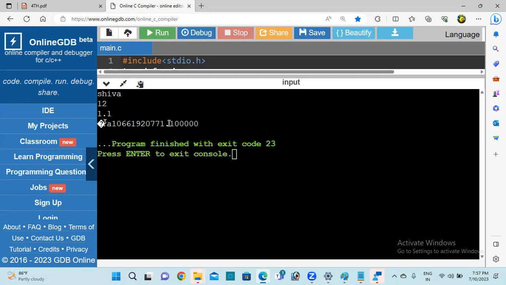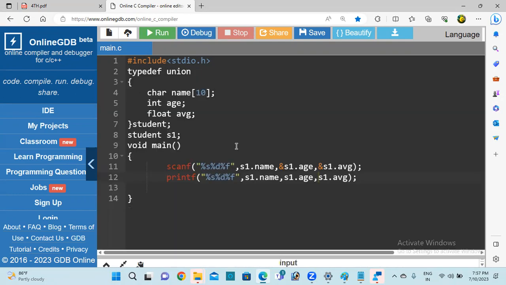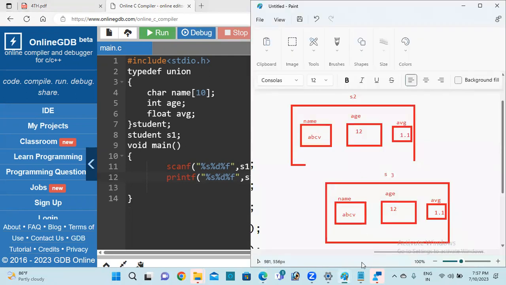You got the output, but see what appeared last. First it is stored Shiva, after that it is stored 12, after that it is stored 1.1. So which is last stored in this diagram also? Which is last stored here? 1.1. So that's all about it. So if you want to clarify,